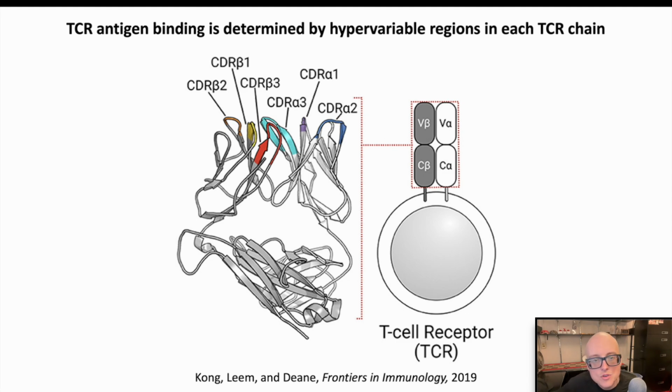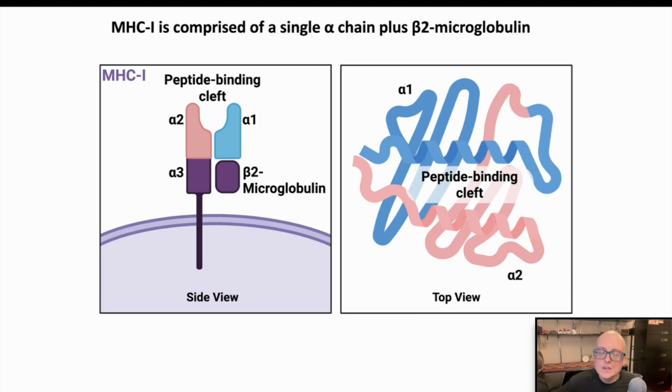So let's look a bit at the structure of MHC. If we start with MHC class 1, you can see that it's a little bit of an unusual shape. It is made up primarily of an alpha chain, which has 3 subunits, alpha 1, alpha 2, and alpha 3. And the alpha 1 and the alpha 2 subunits, when they fold, are actually going to be what forms the peptide binding cleft, meaning the pocket that forms on the molecule that the antigen can sit